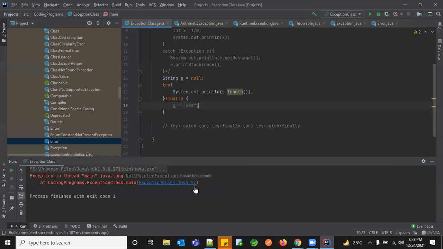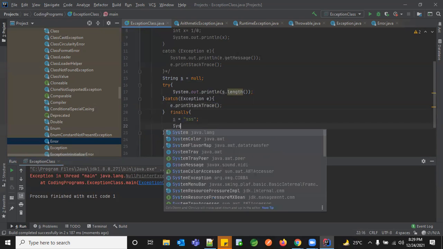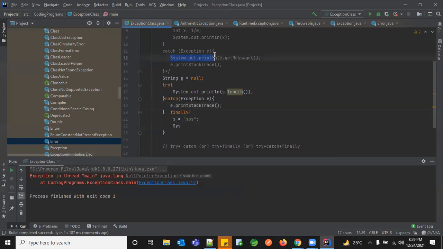I still get a null pointer exception because I haven't handled that exception anywhere. I'm just directly doing an operation. So I need a catch block. And now, let me print my stack trace. So what I'm doing is basically whenever I'm getting an exception, I'm handling it, but on top of that, I'm